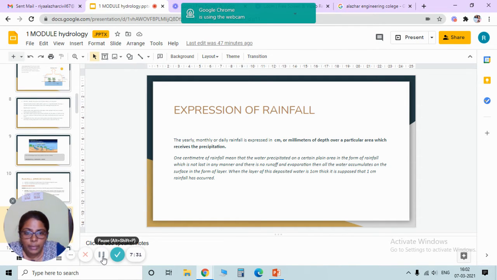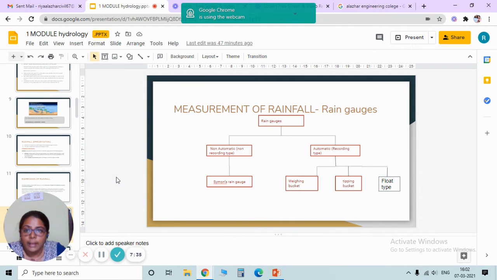Now let's see how rainfall is expressed. Rainfall can be expressed in centimeters or millimeters. Next topic is measurement of rainfall. The instrument which is used for measuring the rainfall amount is known as a rain gauge, and rain gauges are of two types,